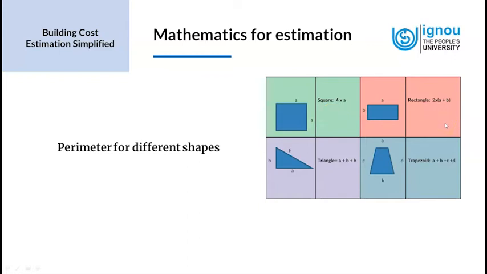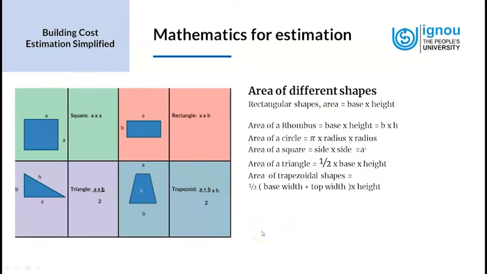For a rectangle, 2 opposite sides are equal, which means that the total perimeter would be the sum of all sides, and it would mean 2 times A, which is one side, and 2 times B, which is the other side. So in total it becomes 2 times (A plus B). When it comes to a triangle, again we have 3 sides, A, B and H, and the perimeter is the sum of these sides, which is A plus B plus H. For a trapezoid, again we have the perimeter as the sum of sides, and we calculate it as A plus B plus C plus D.